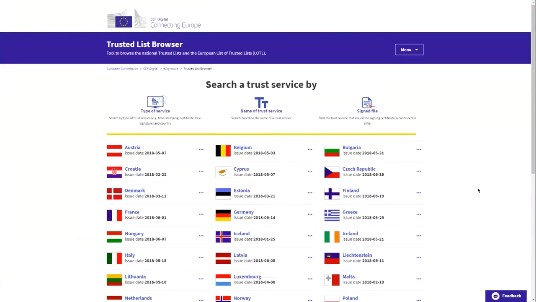The first feature to illustrate is the dashboard. I think everyone can see the trusted list. So this is the page of the trusted list browser if you don't know it yet.